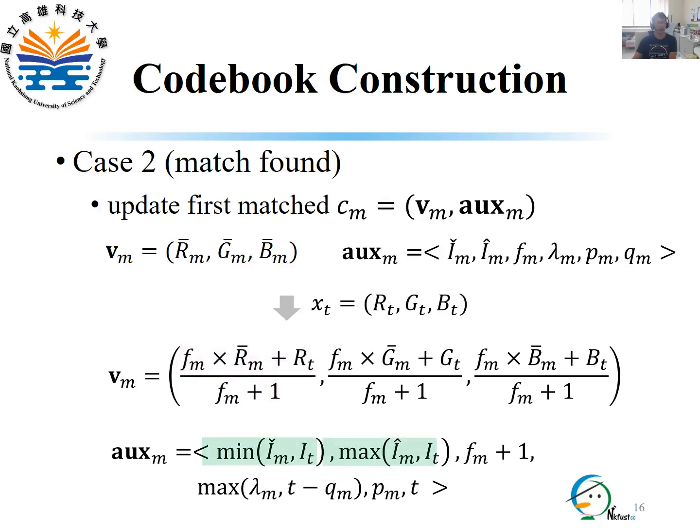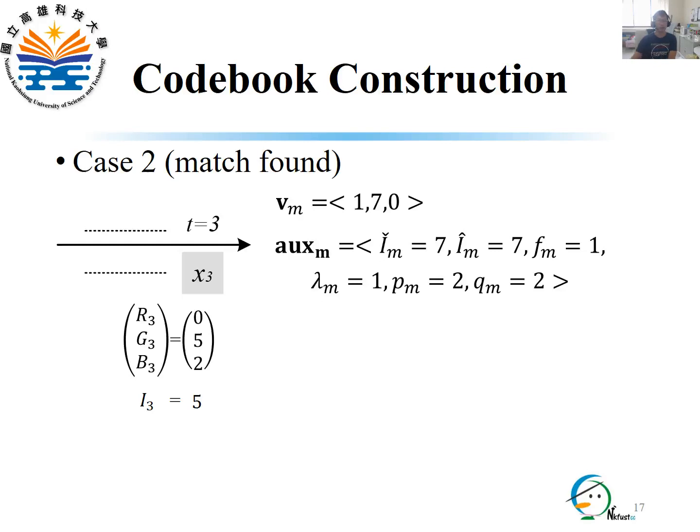The minima and the maxima brightness are updated through min and max operators of those before update and the current brightness of I_t. Frequency F is increased by 1. Maximum negative run length is the max of lambda before update and the current time T minus the last access time Q_n. The first access time is unchanged and the last access time is updated to the current time T.